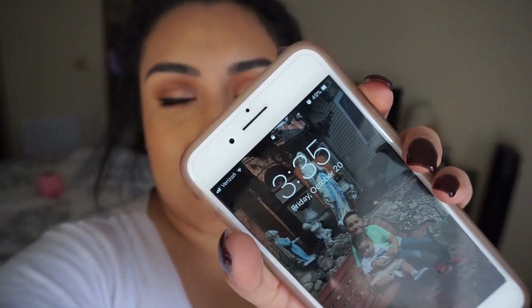It is awesome. Alright guys, so I'm giving you guys an update on this foundation. It is 3:35 in the afternoon and so far this foundation looks so good. I am so surprised how good this foundation looks right now. Let me see if I can zoom you guys in. Do you guys see how